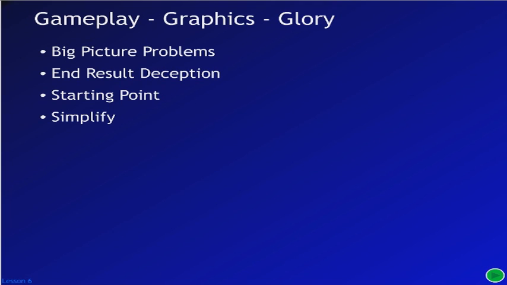We're talking about simplifying everything. Stripping down. You've literally got to take your big picture and your big idea and you've got to start ripping pieces off left and right and dismembering the crap out of it. And I get emphatic about this because this is what you have to do. You've just got to tear it apart and strip it down to the very most basic way you can visualize it. And then that is where you're going to be able to start adding it to an actual development software,